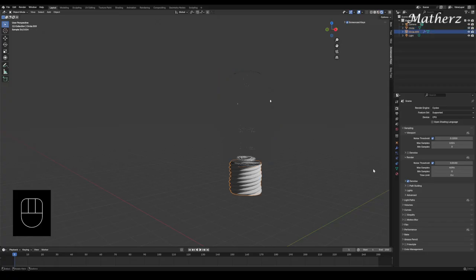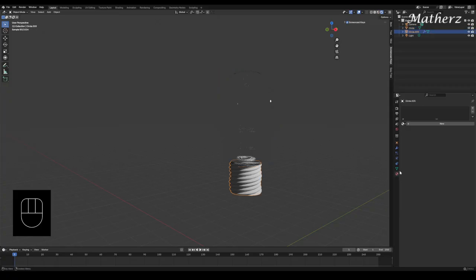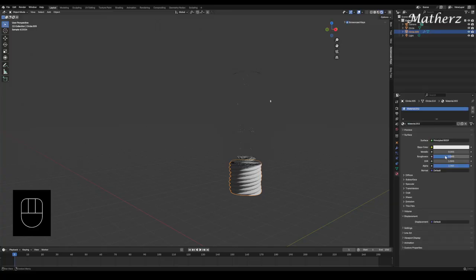So this right here, what we can do is go to Materials again, New, and let's go to Principled BSDF. We'll turn the metallic up. So we've got that nice metallic, but we also want that dullness. And what I'm going to do is change this from white to kind of almost like a brass colour. We can also mess around with some of the settings as well. So if we go to shading,